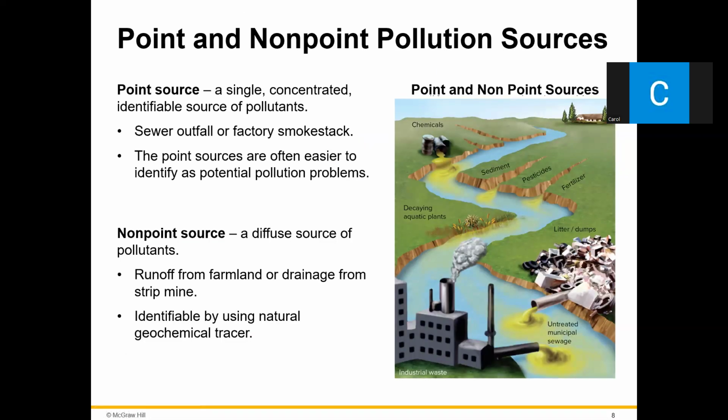There are point and non-point pollution sources. These pipes would be point sources because, okay, this is being polluted from this spot right here. And you plug this pipe and the pollution's going to go away. The non-point sources come from more regional areas where you don't really know exactly where it's coming from. Like if this is a whole bunch of farmland, is it just one farmer that's using that fertilizer? Is it all of them? Where's it really coming from? And so you have to treat the sources differently, obviously.